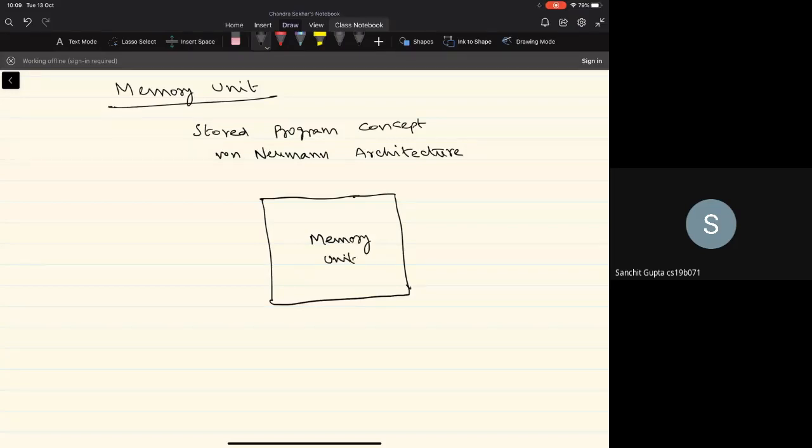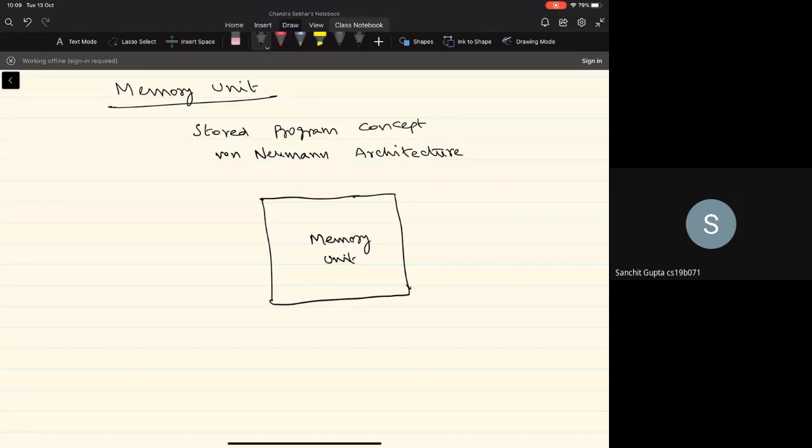Whenever we say there is a memory unit, the purpose of the memory unit is to store either the instructions or the data of a program, and then read them whenever it is required. So basically, it's a storage space, and we need to perform the basic operations like the read operation or the write operation on this memory unit, right?